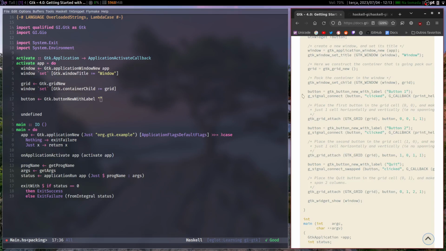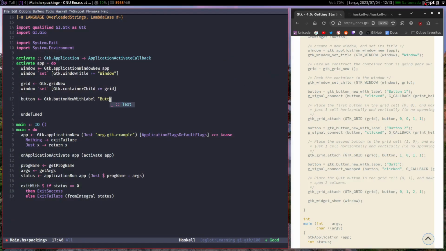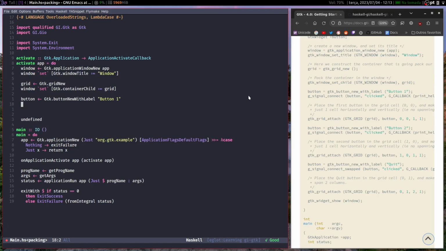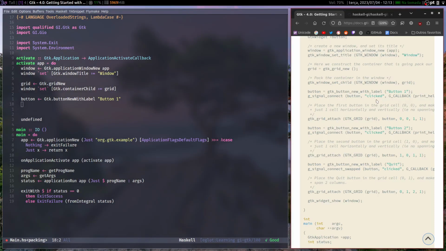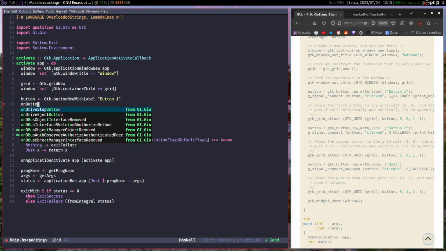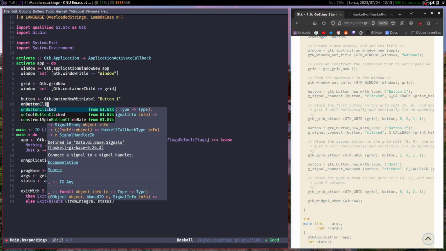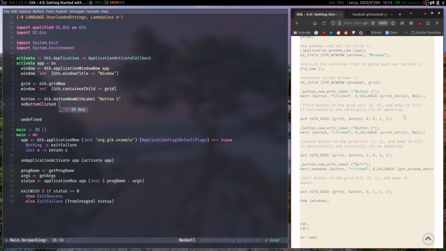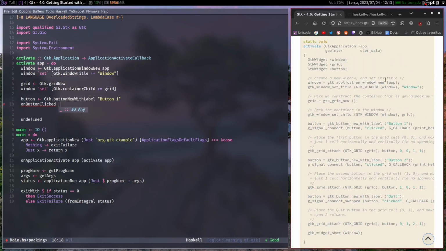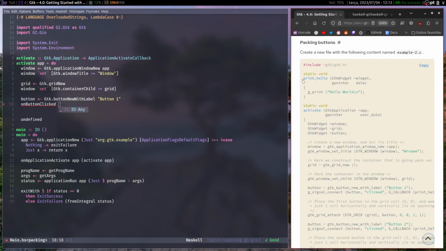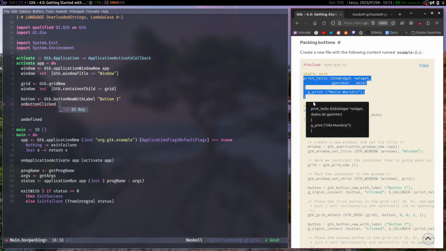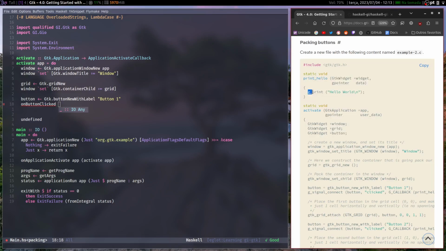So what's the text of the button? It's button 1. Just signal connect. It's button clicked, so it's on button clicked, and a callback function which is print hello. Print hello is this function here, but it's just a gprint hello world, and gprint just prints to the terminal,